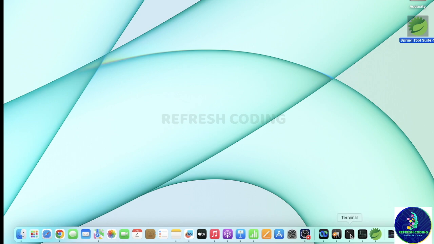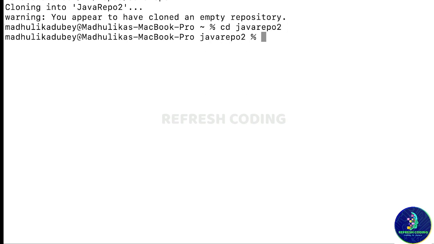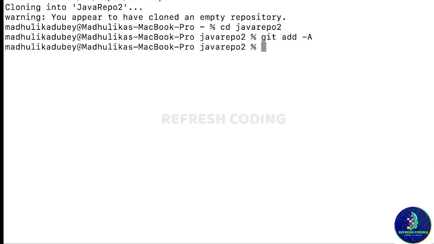So what I will do, I will just go to terminal and I will say git. No, the first thing we need to do is we need to go to this repository. So we will say Java Repo 2. And after that I will say git add and -a. So it will add all the files to our commit phase. After that we will say git commit and we will give a message and we will write here